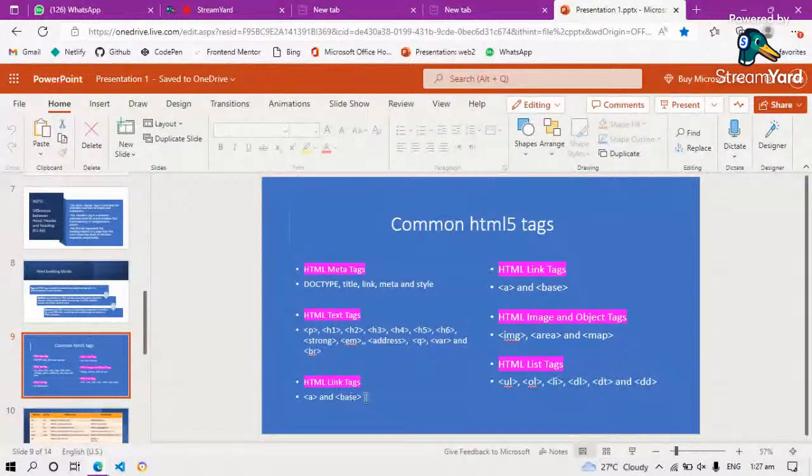But strong is more like a semantic HTML tag, so it's advisable for you to use strong rather than B. And again, this I tag, I also said it's an italic tag. See it here for EM. EM is also an italic tag, but it's preferred that you use EM than I. And this U tag, that's underline.